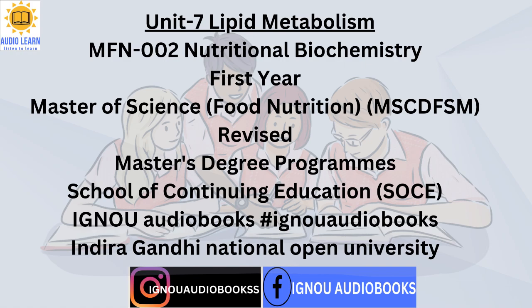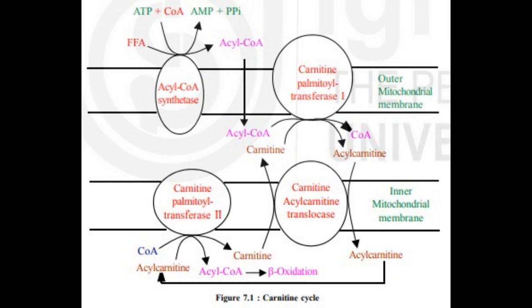The activated long-chain fatty acyl-CoA ester reacts with carnitine. In the presence of carnitine palmitoyl transferase I, CoA is released and the fatty acid forms a complex with carnitine called acyl-carnitine. This is able to penetrate the inner mitochondrial membrane and gain access to the beta-oxidation system of enzymes. Here, another enzyme, carnitine acyl carnitine translocase, acts as an inner membrane exchange transporter. Thus, acyl carnitine is transported in, coupled with the transport out of one molecule of carnitine, as shown in figure